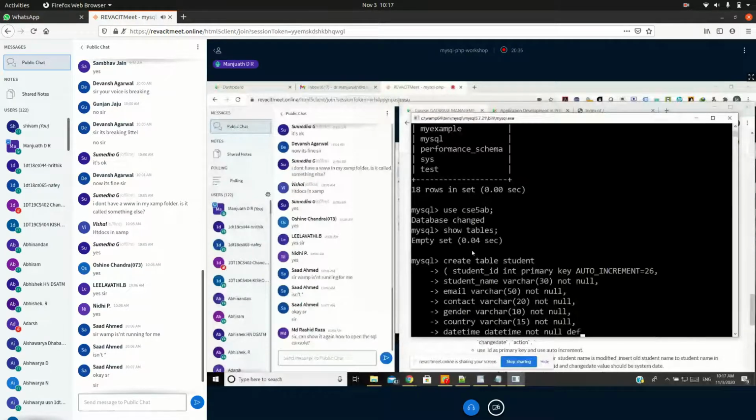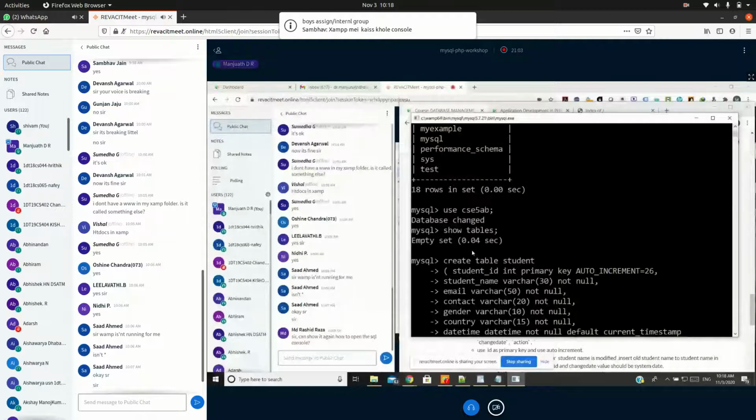Whenever some student is created, that value I'm going to consider default current timestamp. If you do not give it, the automatic value it is going to take is whatever the present time is with respect to your system. I think I have created all the attributes, timestamp.